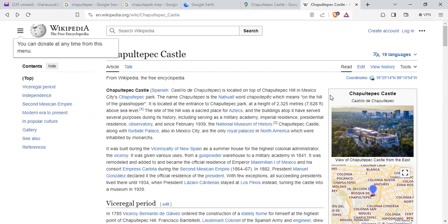The hill was a sacred place for the Aztecs, and the buildings atop have served several purposes during its history, including as a military academy, imperial residence, presidential residence, observatory. Since February 1939 it is the National Museum of History. Chapultepec Castle